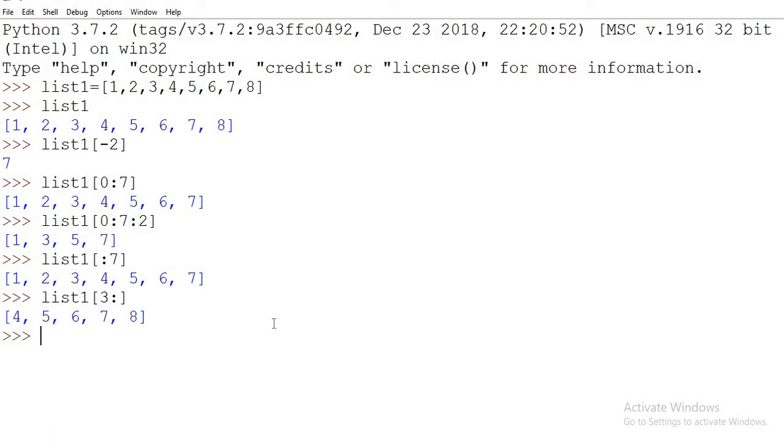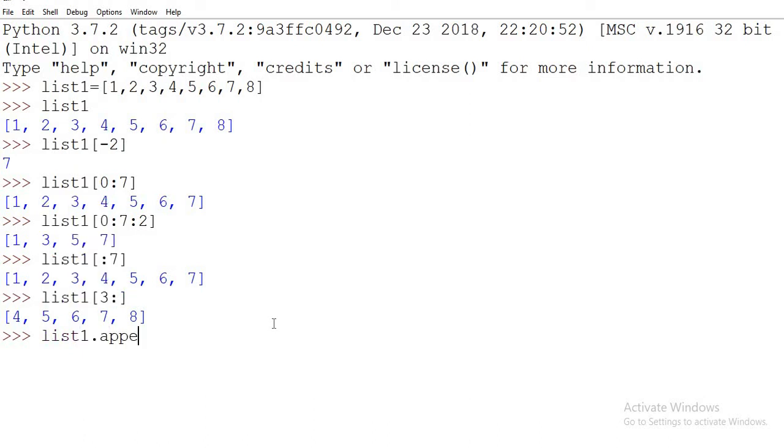Okay, now these are the things we have to discuss in case of slicing of a list. Now we will do some built-in functions in list. So first, what comes to our mind is append. Append is a function by which you can append a single element or single item to your list. Like, I have a list up to 8, so if I want to append something, like list 1